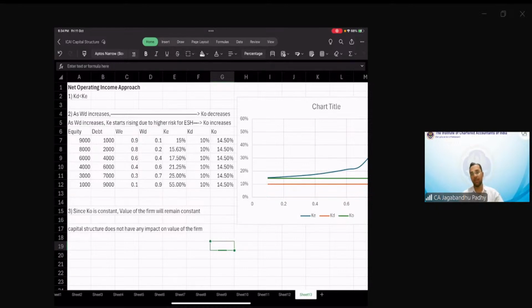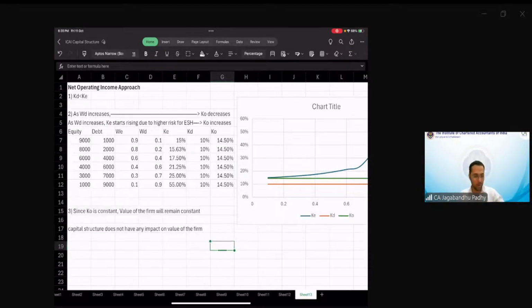Can you tell me? Yes, cost of debt is constant. Do you think whether you take 10% debt or 90% debt, your overall cost of capital is going to remain same? Sorry, your cost of debt is going to remain same? Do you think that if you borrow 1,000 rupees, or 1 crore, or 100 crores, the bank will give you money at the same rate?